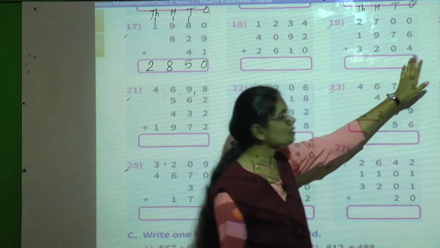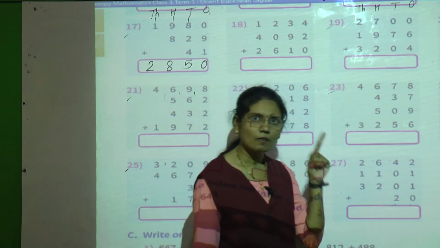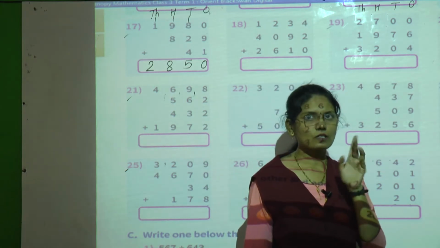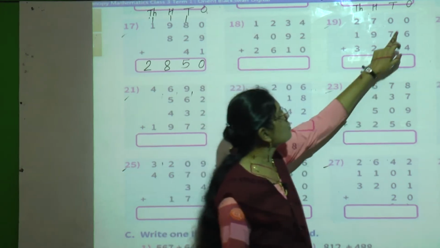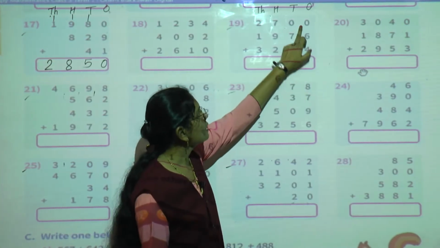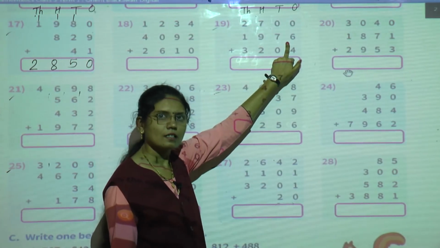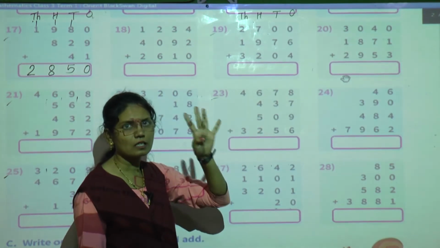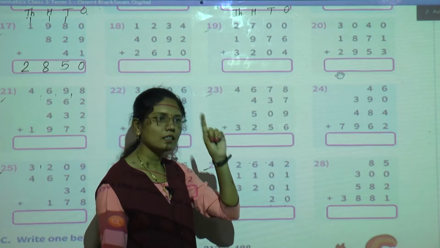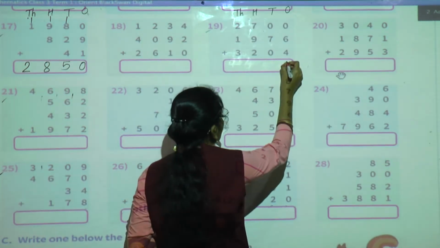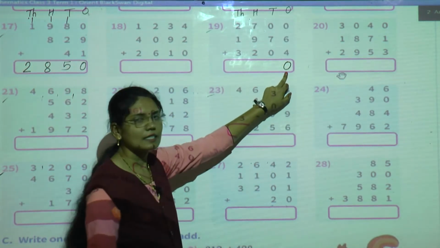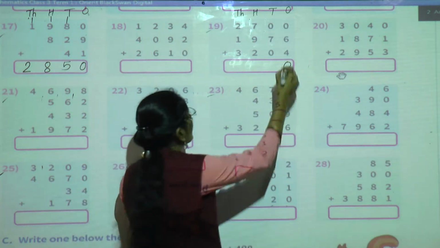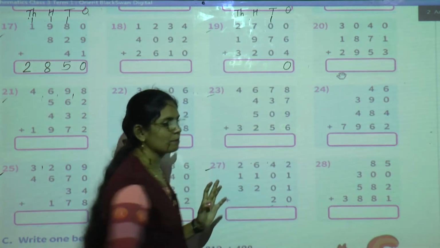Now we will start from the ones place. Always we should start from the ones place while doing addition or subtraction. Now see ones place digit. 0 plus 6, 6. 6 plus 4. After 6 count your 4 fingers: 7, 8, 9, 10. So 10 ones means 0 ones and 1 ten. So this one we will give as a carry to the tens place.